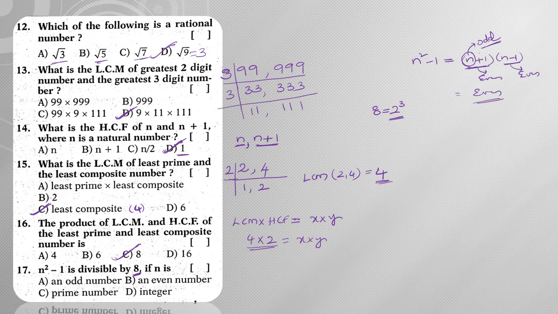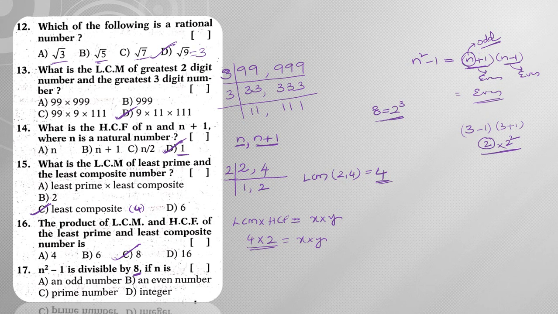so 2, so if I take 1, 1 plus 1 is 2 and 1 minus 1, so here we should start with the first odd number 3, so 3 minus 1 into 3 plus 1. So if you observe this, we are going to get 2 here, here we are going to get 2 square. 2 into 2 square is nothing but 2 cube, which is divisible by 8. So clearly here n should be an odd number, which is not equal to 1.